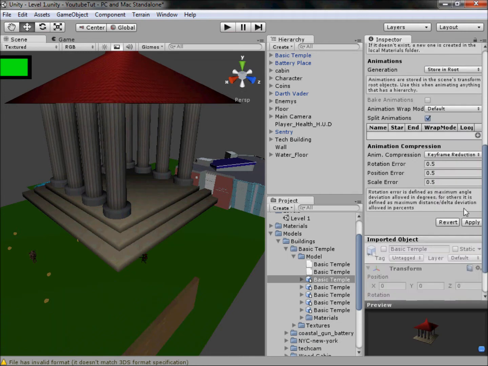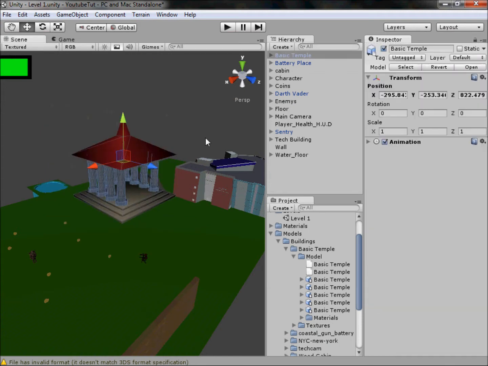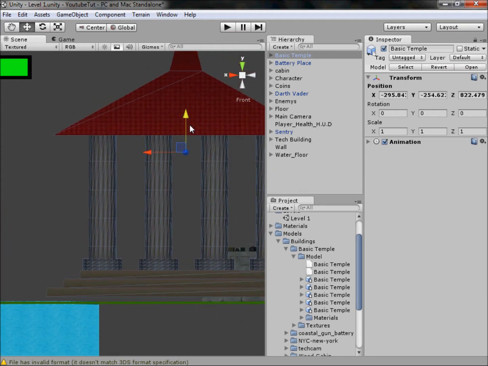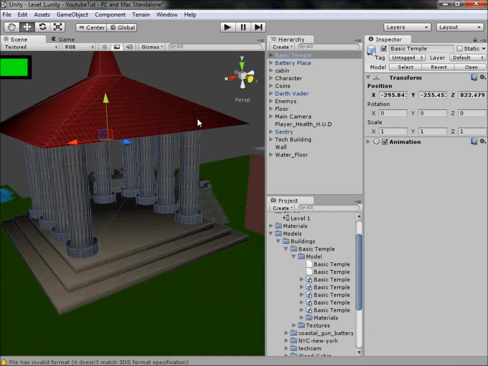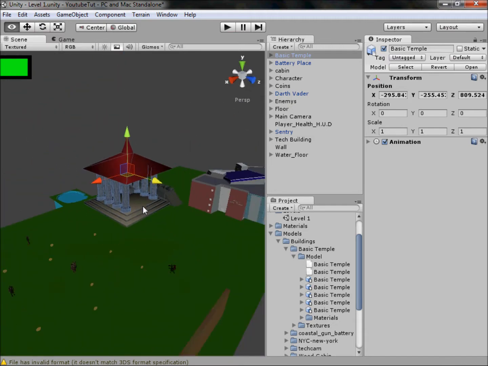So half the size of that. It doesn't need to be as big as a log cabin, just enough so like he's got room above his head. I don't want it to be a big temple. This temple was made in 3ds Max, and feel free to use it. You can sell with it or do anything you want, really. It's basic, so